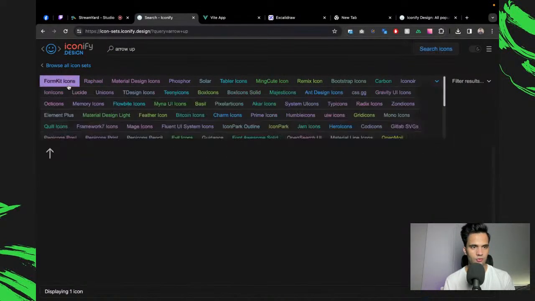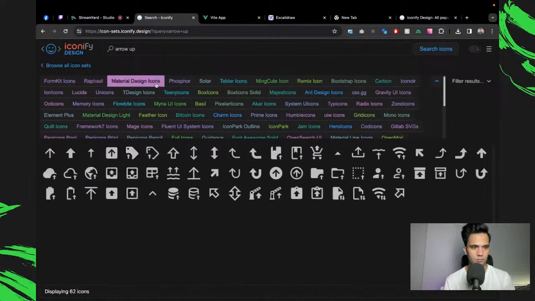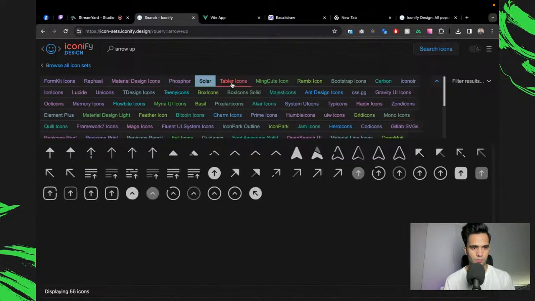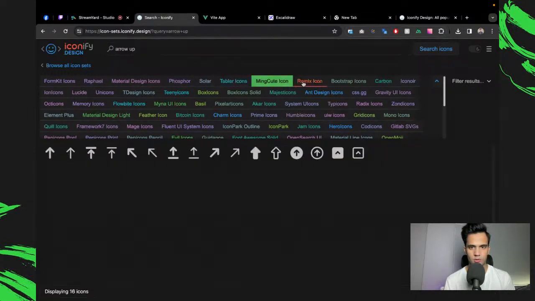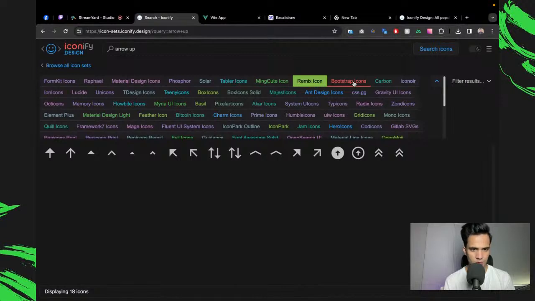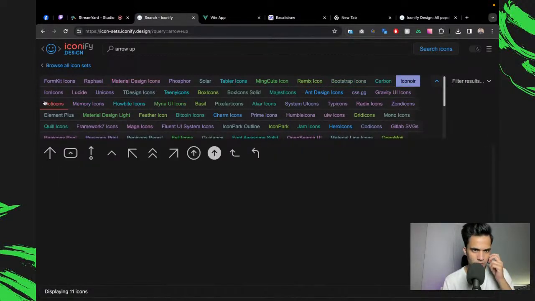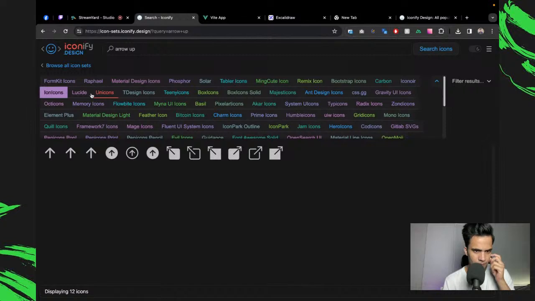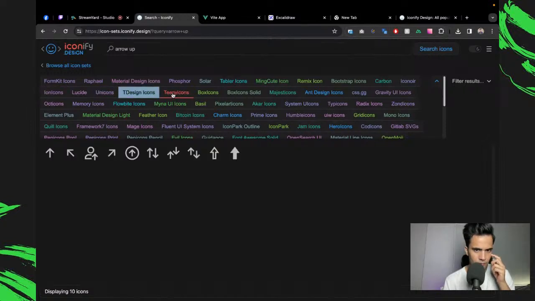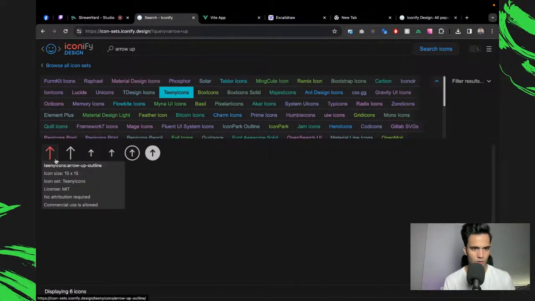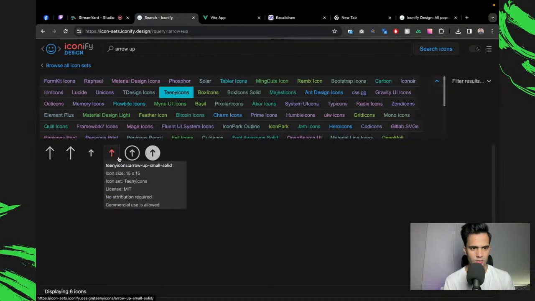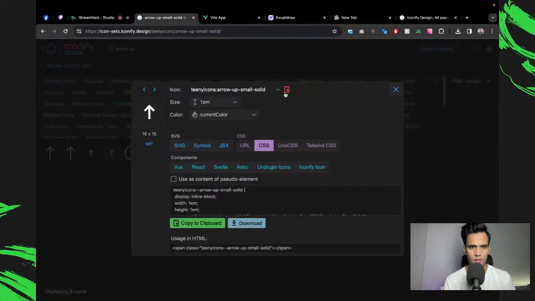Form kit. Tabular remix icons. Where is... this looks okay. This also looks okay. Let's just go with it.